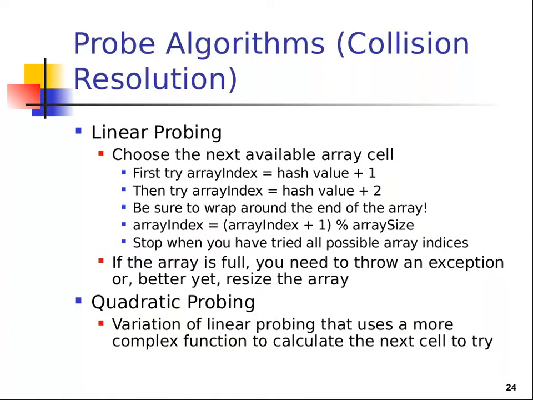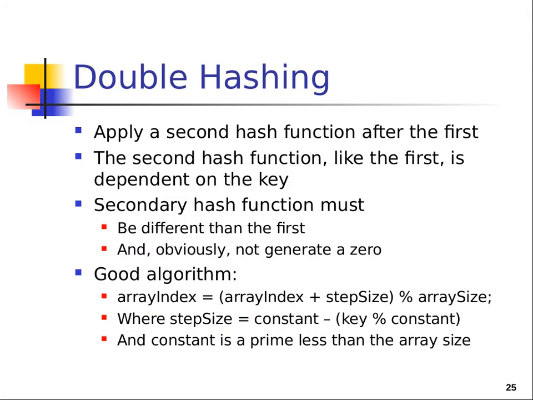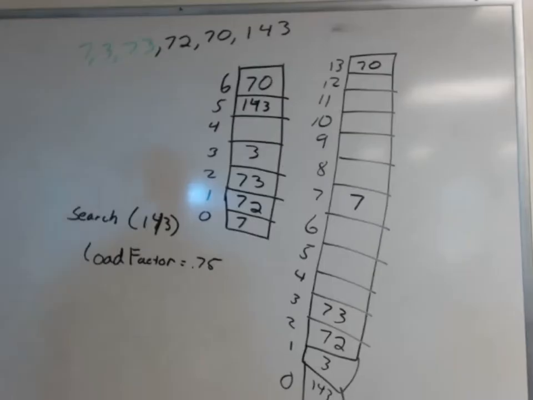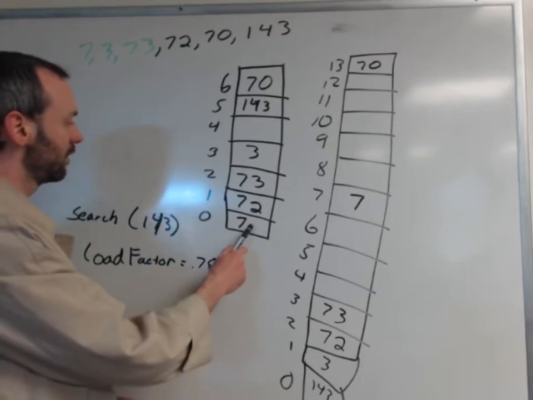All right, so quadratic probing, a variation that causes a more complex calculation for the next try. They're not even going to tell you. Okay, great. So over here, you can do different types of quadratic probing, but for example,